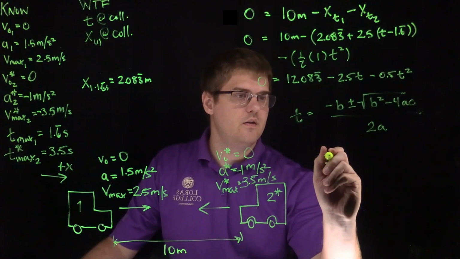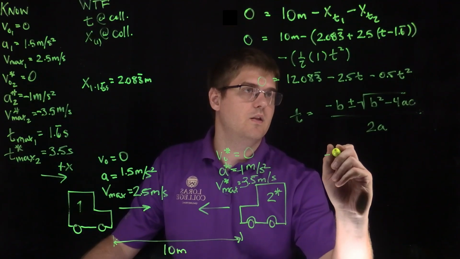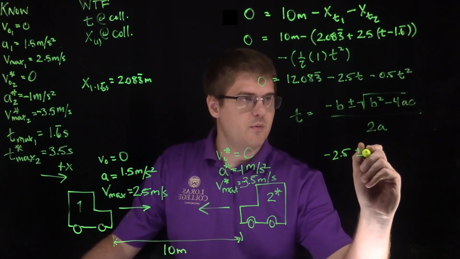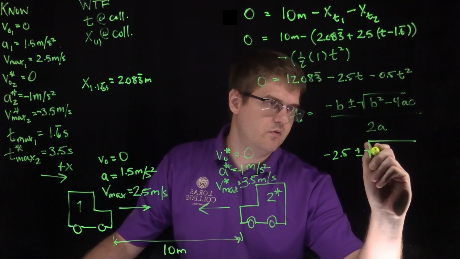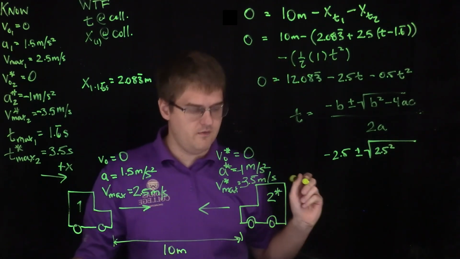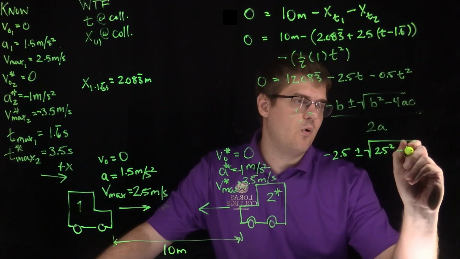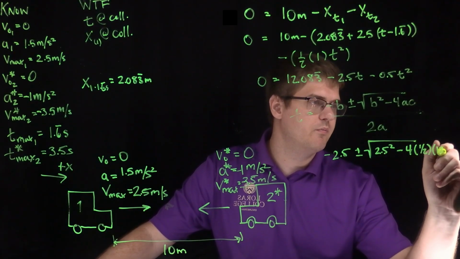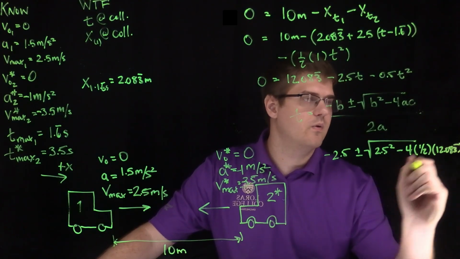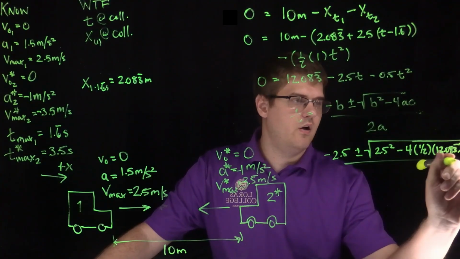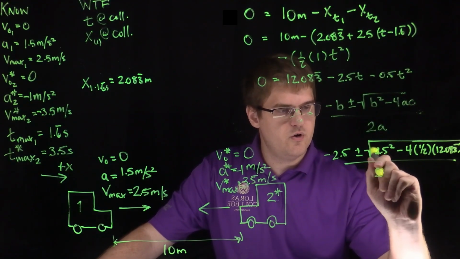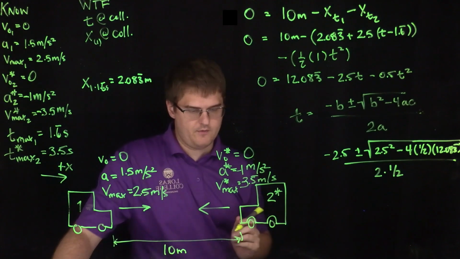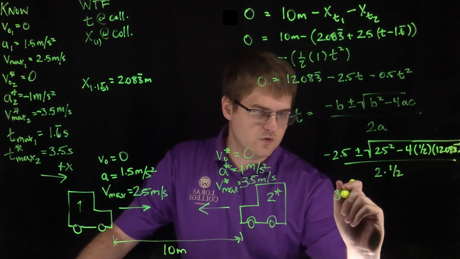So b is negative 2.5, plus or minus the square root of b squared, so 2.5 squared, the negative goes away because it's squared, minus 4 times a, which is 1/2, times c, which is 12.083 repeated, all divided by 2 times 1/2, is going to be what I'm after, and that comes out to t either being equal to